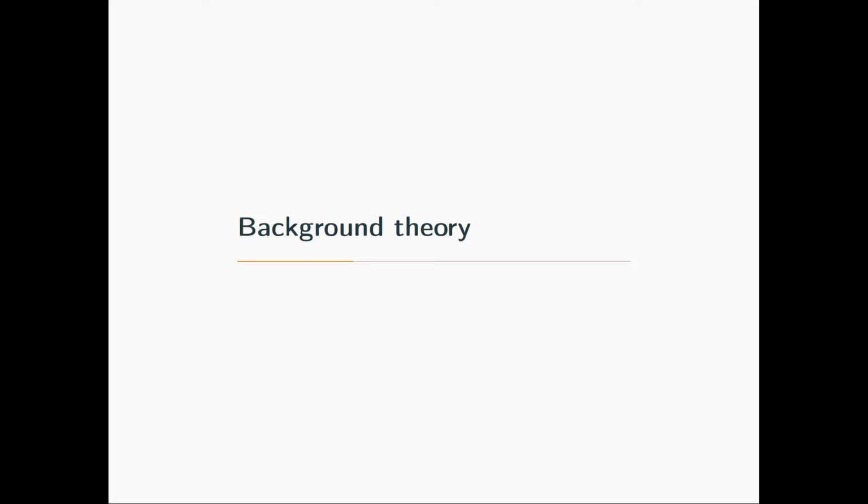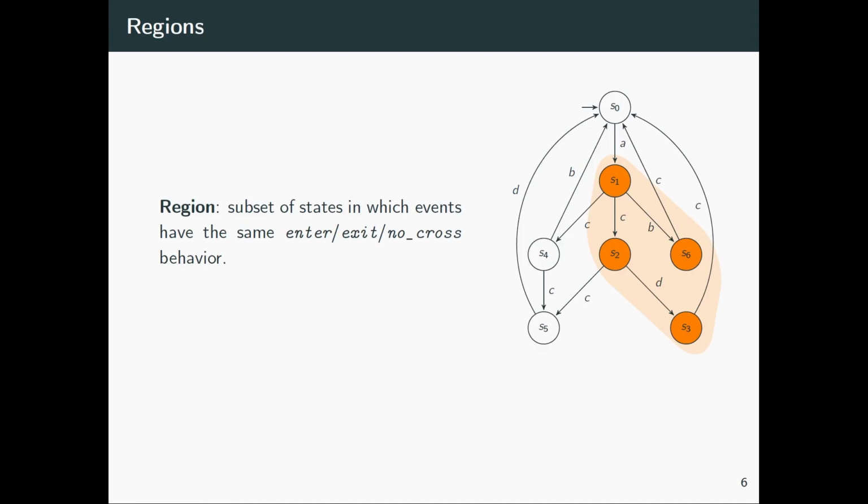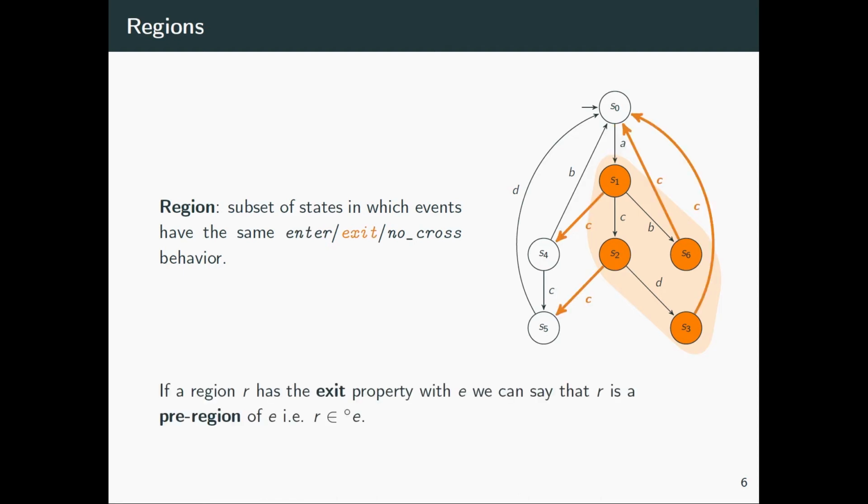Let's see some background theory essential for our decomposition flow. A region is a set of states where, given an event, all occurrences of the event have the same property. The property can be enter, like in case of event A, which has only one occurrence, or exit, like in case of event C. In this case, we can see an event with multiple occurrences, and all of these have the exit property with respect